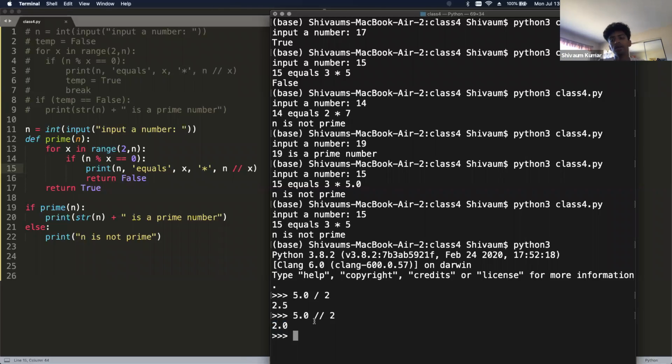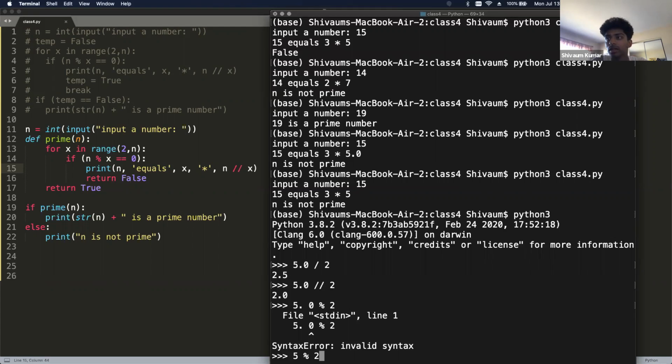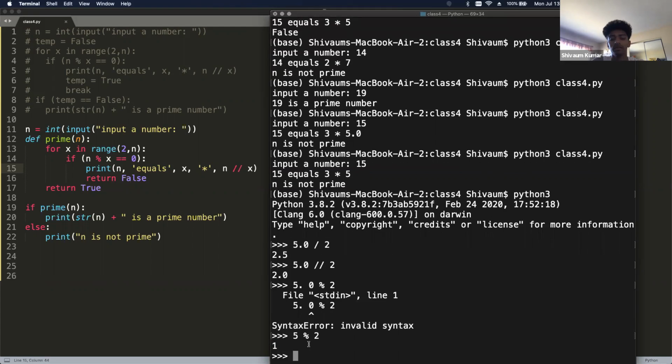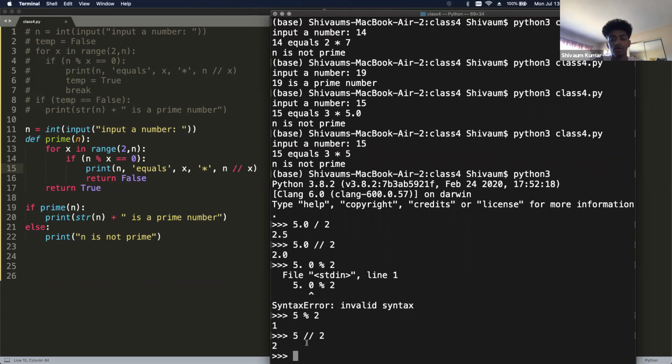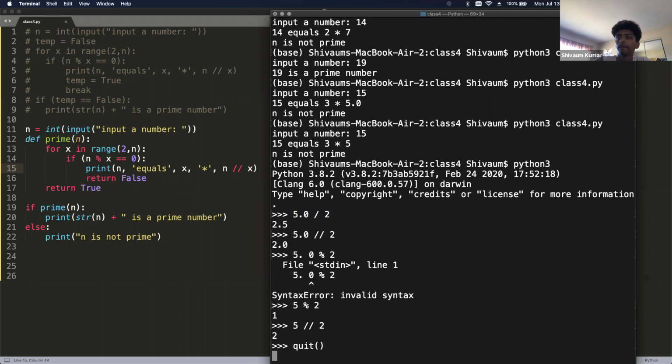So 5 divided by 2 gives you a value of 2 with the remainder of 1. So same thing if I do 5.0. Oh wait, 5. Sorry, you can't use that. Then we get a 1. But if I were to do 5 like that, then we get 2. And if I do, yeah, you guys get it now. Floor division basically just will give you the non-remainder part, but modulo will give you the remainder part. And then if you use the decimal, this will give you the exact value. So yeah. Any questions on that? Okay, cool.